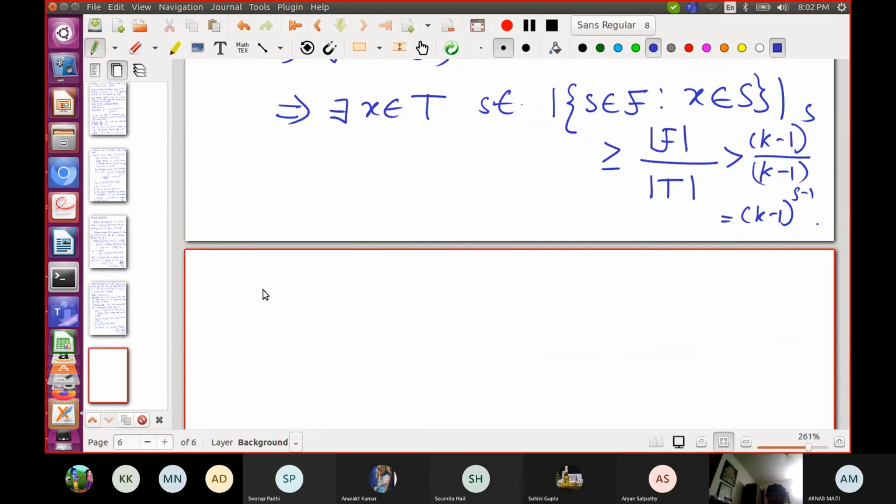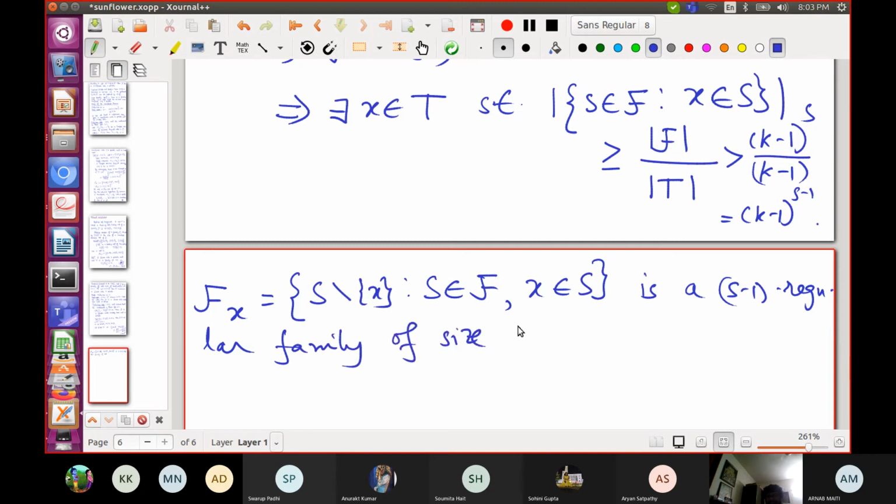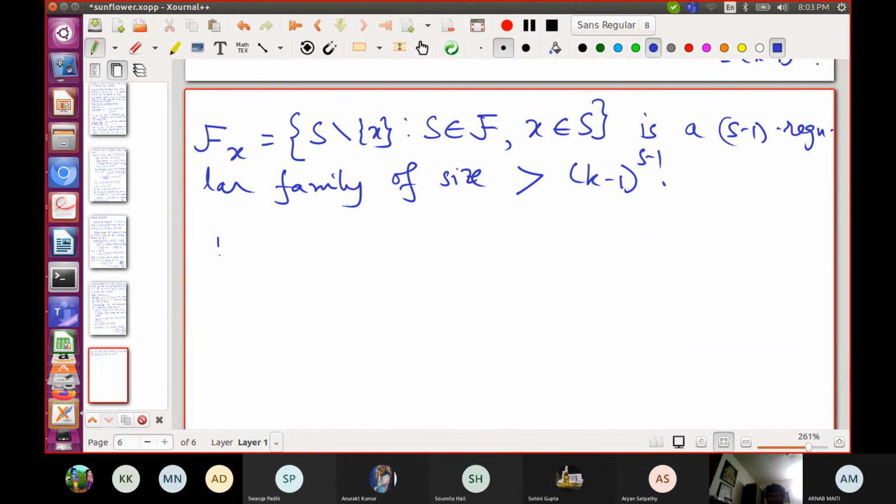The rest of the proof is analogous. You look at this family, S minus X where S is in F. This is F sub X. It is an S minus 1 regular family, that is each set is of size S minus 1, of size strictly more than k minus 1 to the S minus 1. So by the inductive hypothesis,